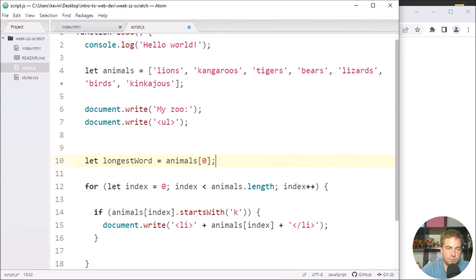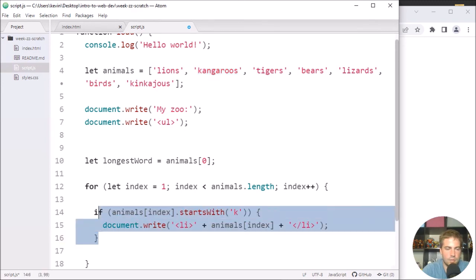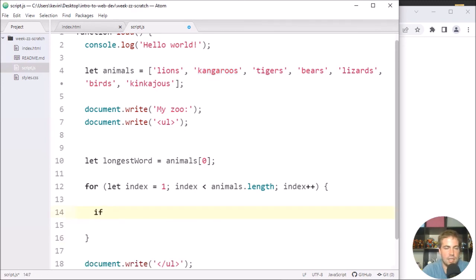And maybe I'll change my for loop so that it starts at the index 1, which is actually the second value, because I'm assuming that the first value is the longest at first. So I don't actually have to check this at all. I'm going to start here. Otherwise my for loop is the same. And then I'm going to have an if statement that says, let's see, the value at animals